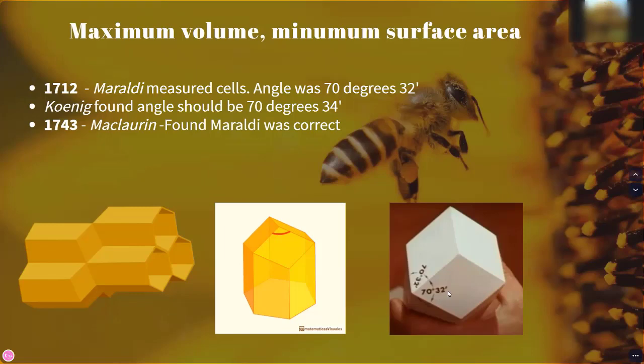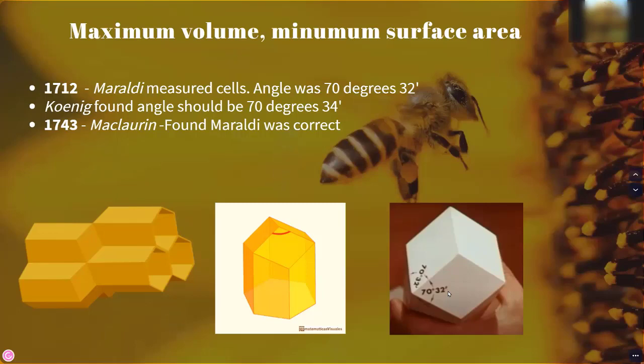But again, mathematicians are always asking, why? Is it the best one? Can you find another one? One of the mathematicians, named Koenig, said, no, they made a mistake, I have found a better solution. The solution was 70 degrees, 34 minutes. Really small. He thought it was a mistake. Yeah, they did a great job, bees, but I have a better solution. But unfortunately, or fortunately for the bees,